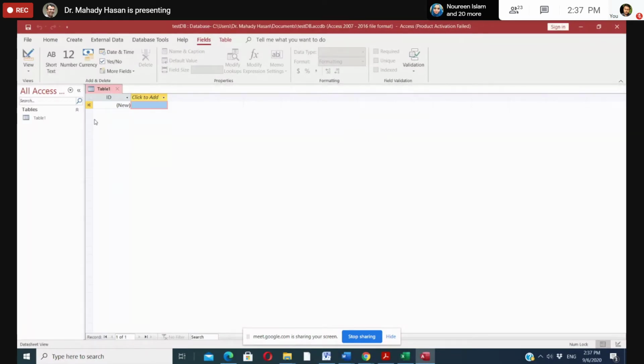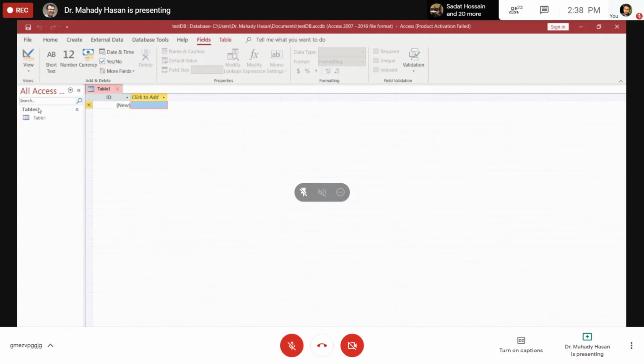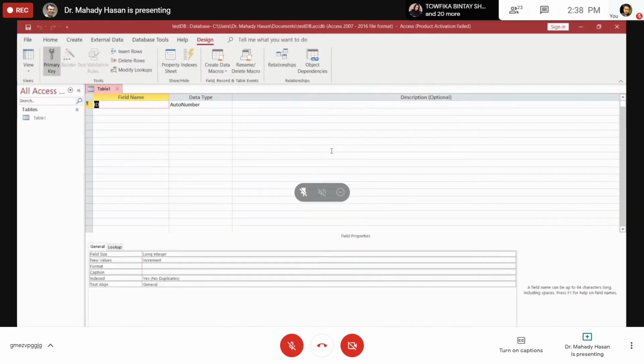You can see on top it mentions test DB, right? So these are the tables. I could see table 1. I can always go to design view, and going to design view, I can simply create the table.